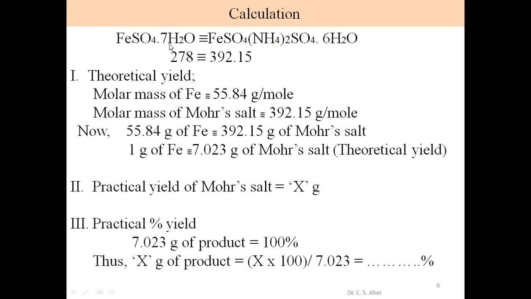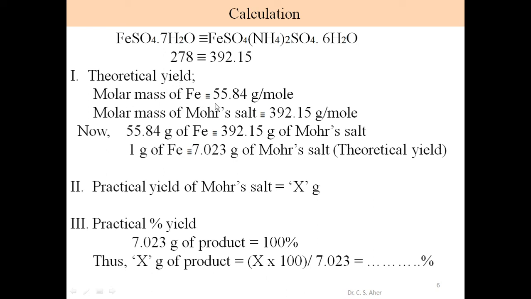In some books they write directly ferrous sulfate, and in some books ferrous sulfate is prepared from iron nails. One mole of ferrous sulfate is equivalent to one mole of ferrous ammonium sulfate, that is Mohr salt. The molecular weight of ferrous sulfate is 278. The molar mass of Mohr salt is 392.15. So this is a 1 mole to 1 mole ratio, and thus when we consider the theoretical yield,